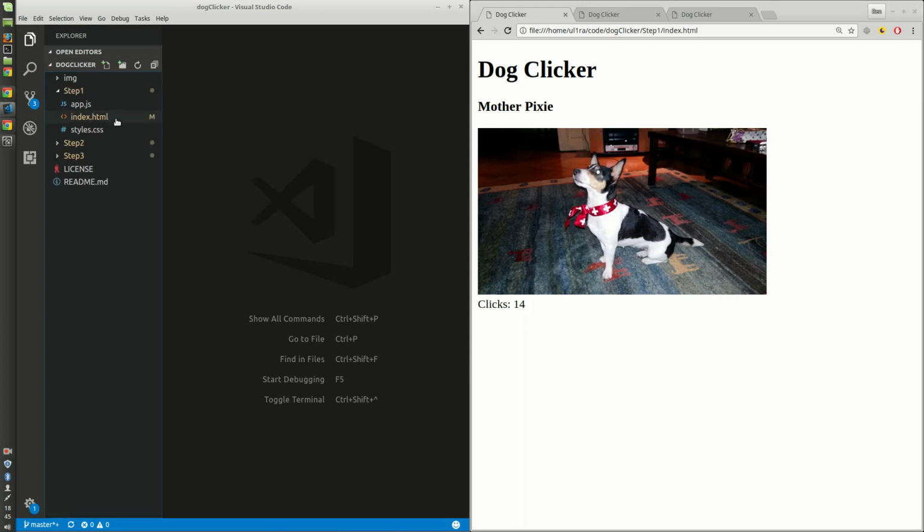Now let's look at the second requirement. So in the real world, you have a project, you start with one goal, and then while the project is being coded, you get different requirements, and this is just like a real world situation. So for my second requirement, I'm going to have 2 images, a title above each image, and a separate click counter. And just to make my life easier, I'm actually using jQuery